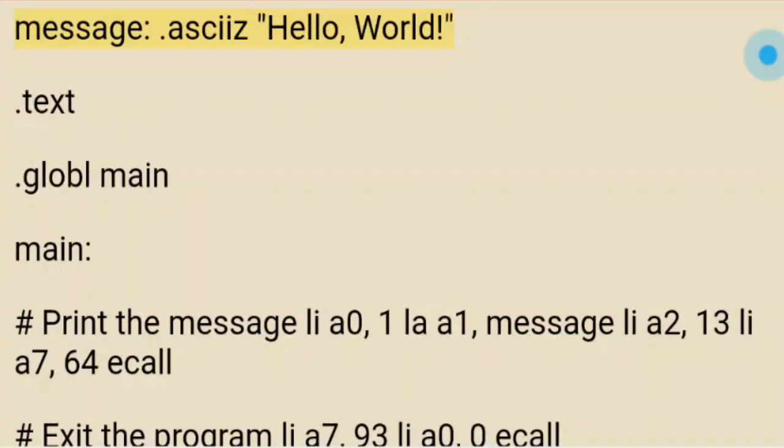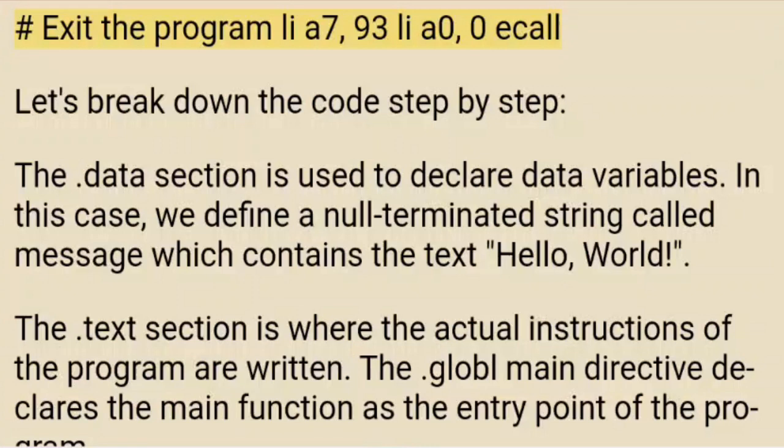.data message: .asciz "Hello World" .text .global main main: # print the message li a0, 1 li a1, message li a2, 13 li a7, 64 ecall # exit the program li a7, 93 li a0, 0 ecall